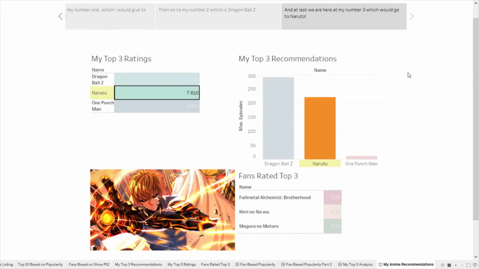Next, for my last number 3, we will go with Naruto. Naruto is a ninja anime. It gets very boring sometimes because of the filler that is thrown into the show. But who doesn't like a good backstory? If anything, I appreciate this show for how long it's lasted, its continuation, and the movies that have come out and spawned from it. It's just a very good, biased opinion of mine, and very unbiased compared to everybody else. But yes, that is it.